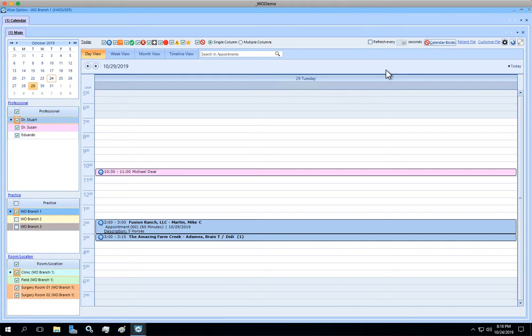In this lesson, we're going to talk about appointment statuses. As you can see, we have an icon in front of each one of the appointments, and those represent the different types of statuses that we can have for appointments. If you hover the mouse here, you can select what type of appointments you want to show in your